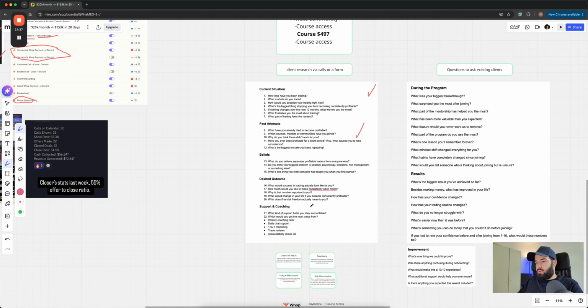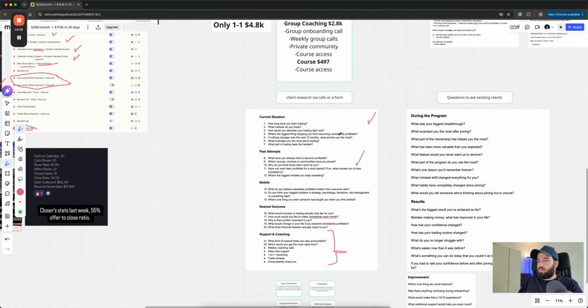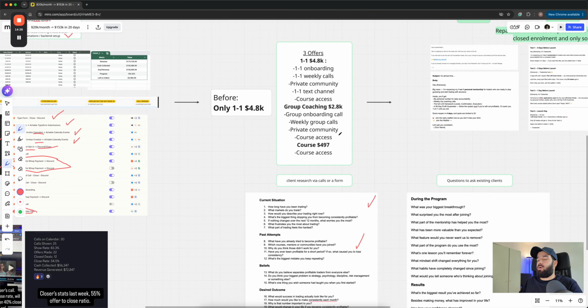And also the most important thing is, we ask them, what kind of support do you actually need? What would you deem as valuable? And from that information, we were able to restructure the offer in a way that it's literally what the audience told us they want. So what we decided to do is, we actually found out a lot of people don't actually need one-on-one, and they don't really want one-on-one. They just want somebody to be able to speak to. So how we restructured this offer is we do one-on-one onboarding for the 4.8K one-on-one.